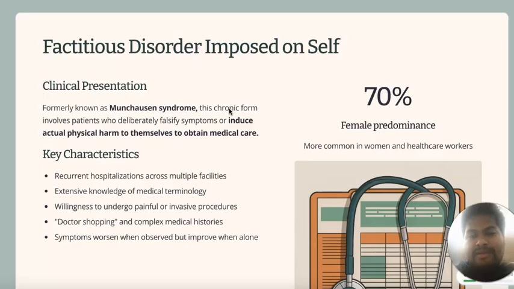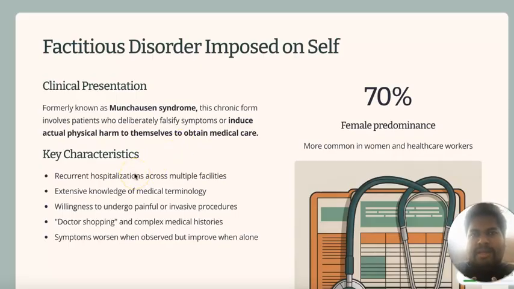So now the factitious disorder can be further classified into two types, okay. One is factitious disorder imposed on self, and next is factitious disorder imposed on others. So when you say factitious disorder imposed on self, that's what we call Munchausen syndrome, okay. The person induces actual physical harm to themselves to obtain medical care, okay. So this is factitious disorder imposed on self, also called Munchausen syndrome. Key characteristics include